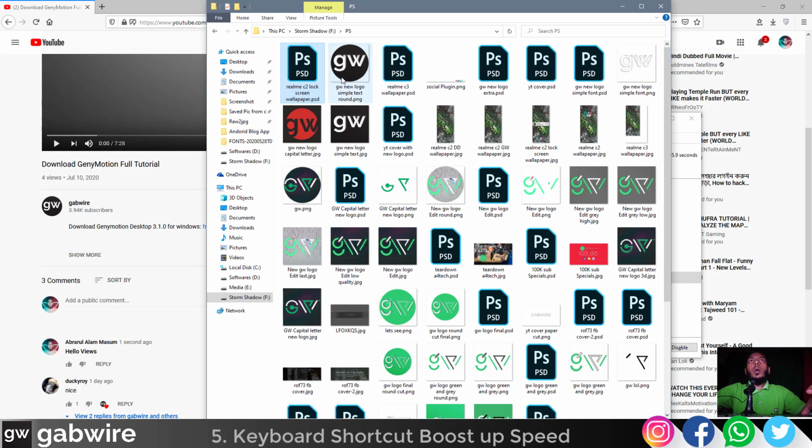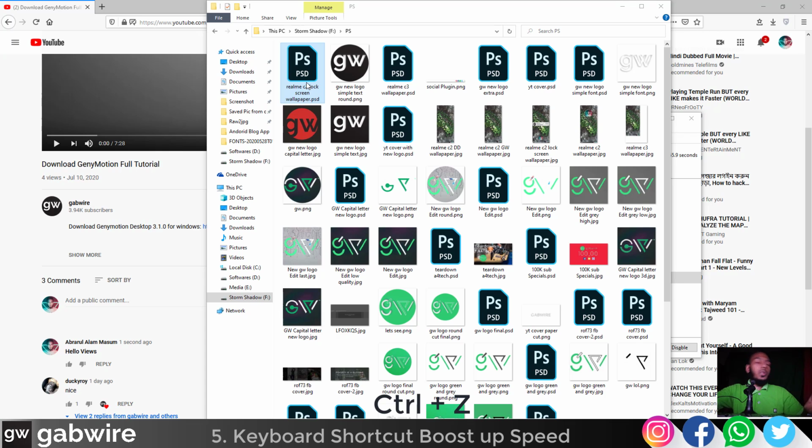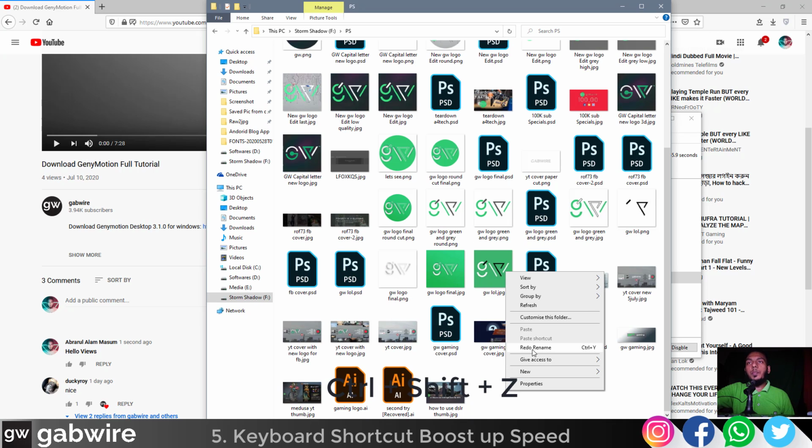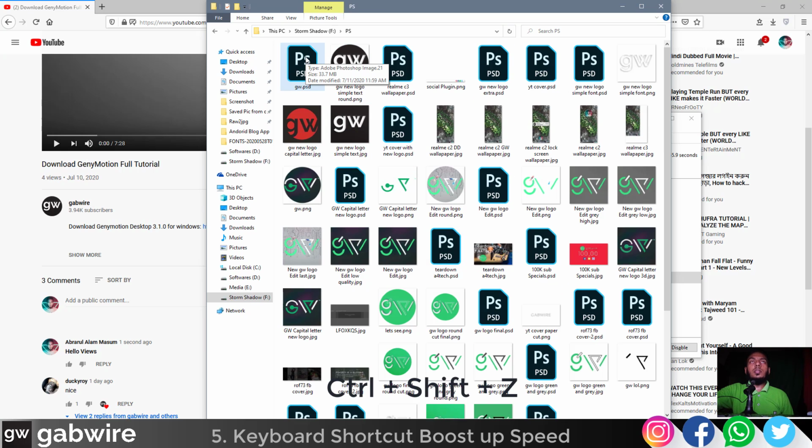And if you want to undo anything you just did, let me show you. If I just F2 rename this into UI or into GW, enter. If I don't want to make this change happen, then just simply hit Ctrl Z. Boom, you're done. How can you redo it? The most important thing, when you are working on Adobe stuff like Photoshop, Illustrator, just press Ctrl Shift Z. If you want to redo this, just click here, redo, rename. As you can see, this just changed back to what I changed. Ctrl Z,